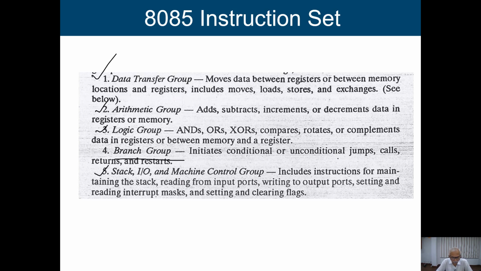Okay, now for every category we are going to see one or two instructions and how the designer has designed them. This is the main emphasis. Whenever you are going to design a processor, you have to design the instruction set, and every instruction is going to perform some particular task. You have to carry out those tasks, and for that how we represent the instruction, what is the format, and how you interpret it has to be done properly. Then only you can implement it or design your processor. So here we are going to see this instruction set from the designer perspective, not from the user perspective.